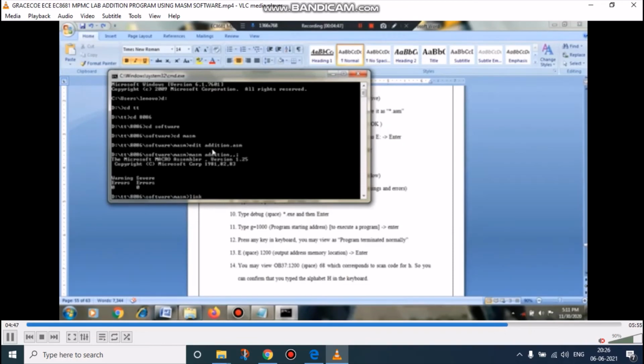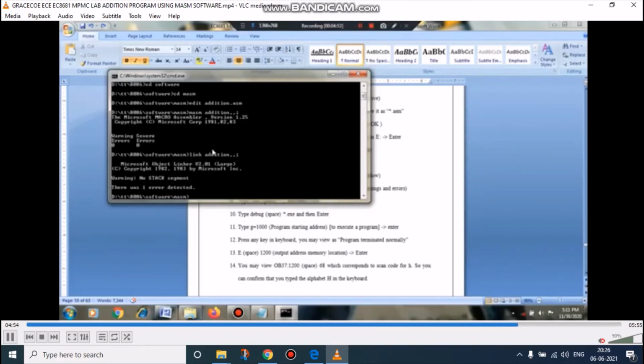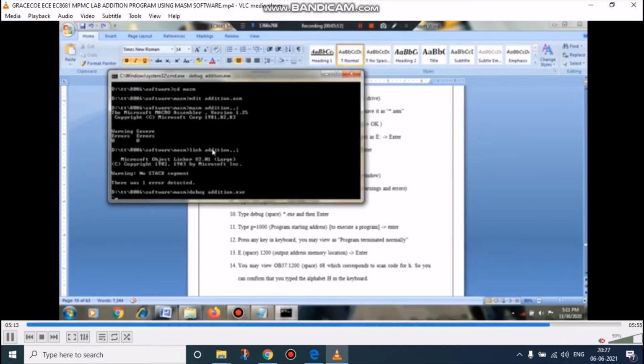Then we have to link that program: link addition double dot semicolon. There will be no error detected, and no need to worry about the stack error. After that we have to debug and execute the program: debug addition.exe.